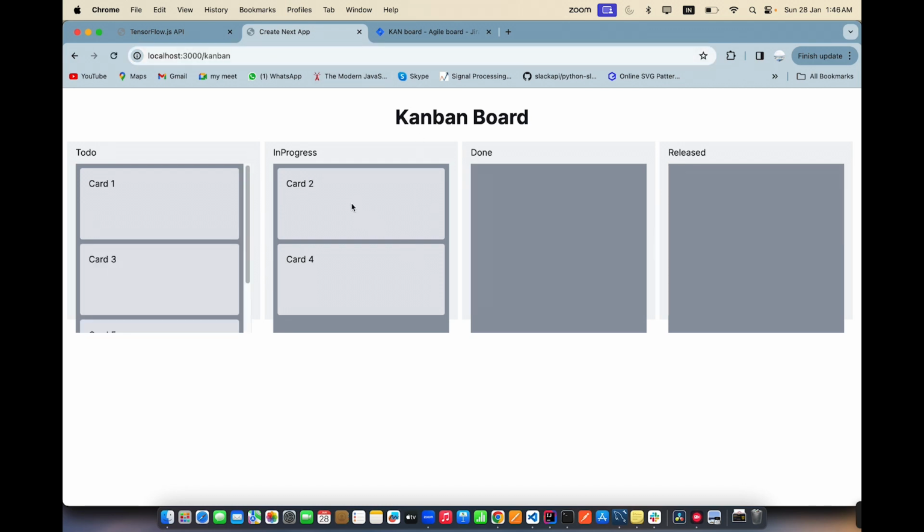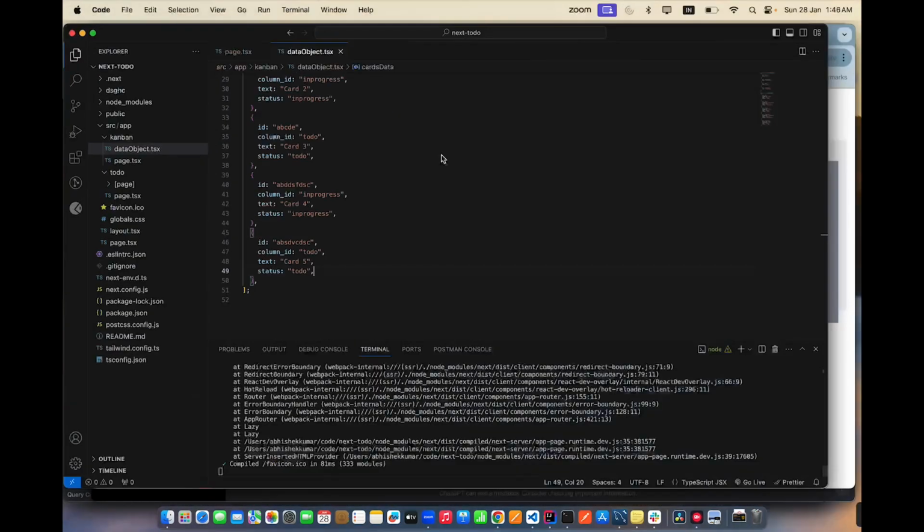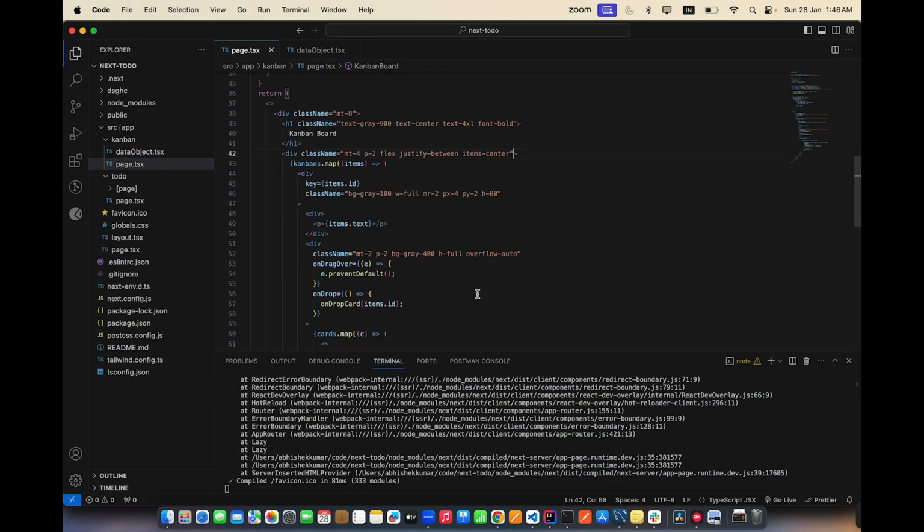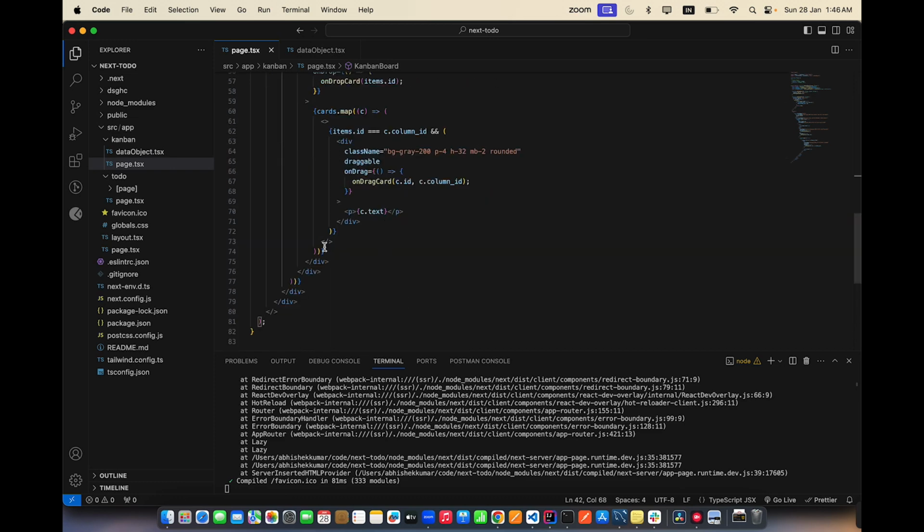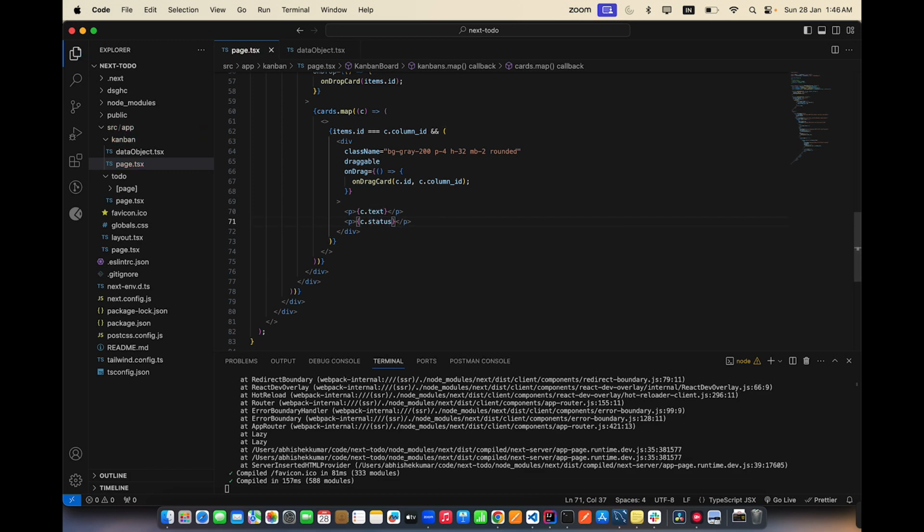So I got the 2 cards in progress and 3 cards in the process. Okay, so they have the status should also show over there. So just go into paste.tsx, and then we're gonna write another line over there. So just go this and then put the status, c.status. Okay, status gonna be